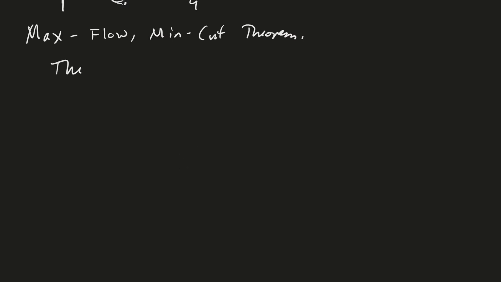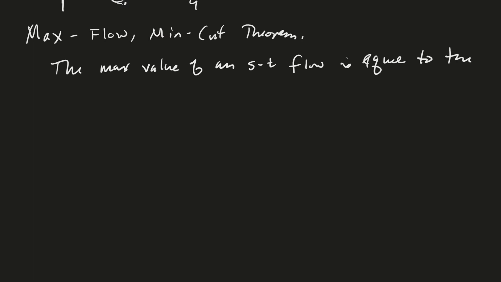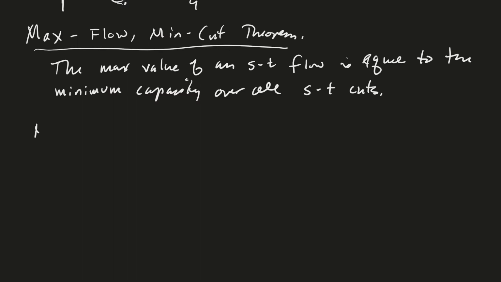It says that the maximum flow, or maximum value, of an ST flow is equal to the minimum capacity over all ST cuts. And what's really interesting about this theorem, actually there's two things. Note one,